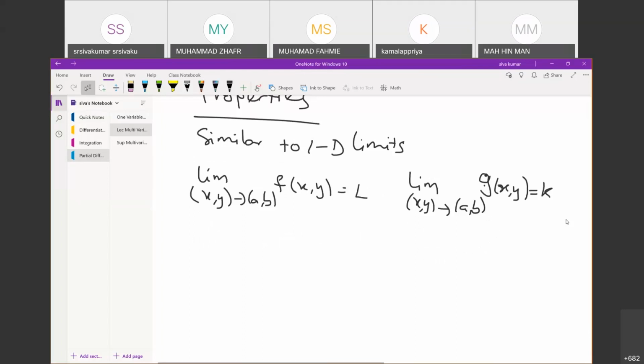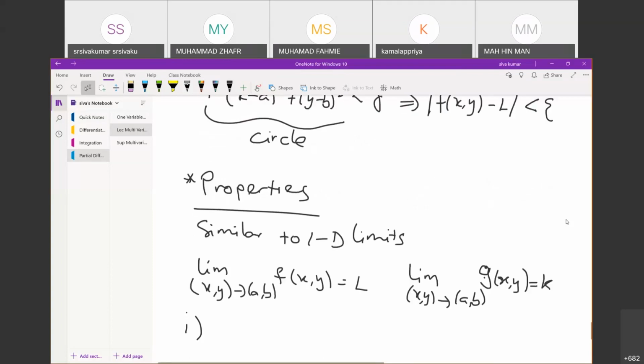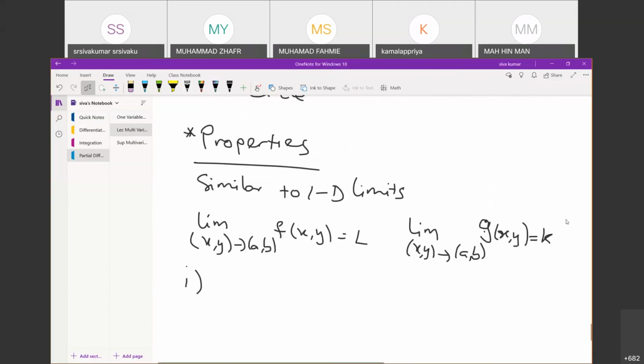Properties really work like this. You can see some of the properties. I will just introduce two or three. There are many properties. Please master the skill of properties. This is very important for limits. That's why I can't show you many things here, because we are rushing for time.